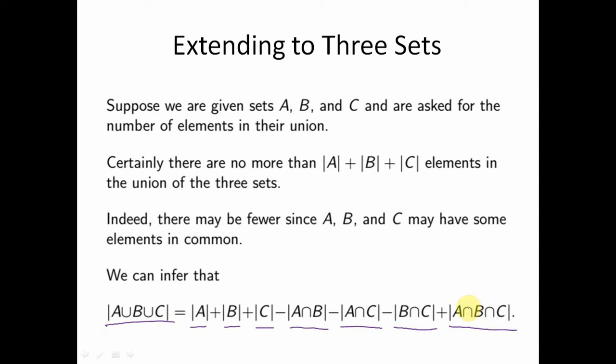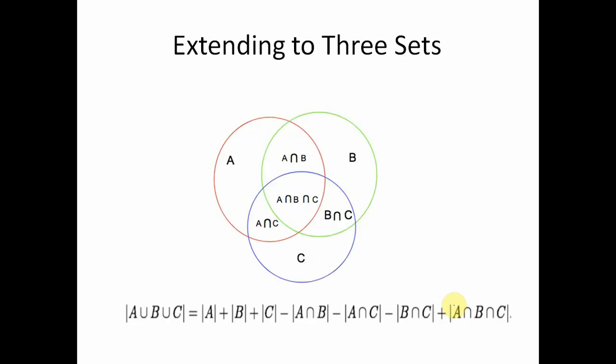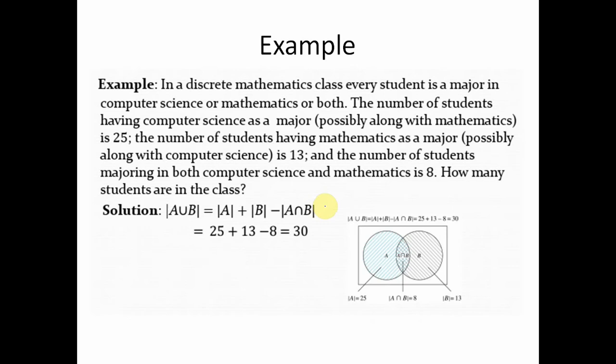So now, in order to understand the concept even better, we will look at two, three, four examples. Let us see certain examples of application of this principle of inclusion and exclusion. And this is just a simple graphical representation of the same concept that we have seen. These are the elements belonging only to A, only to B, only to C, A and B both, A and C both, B and C both, and these are the elements which are present in all the three sets, right?